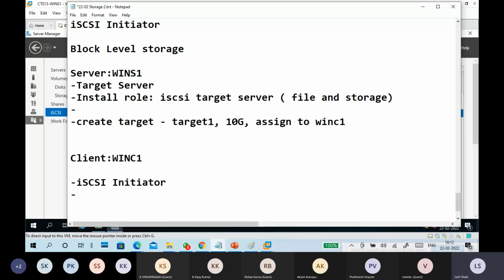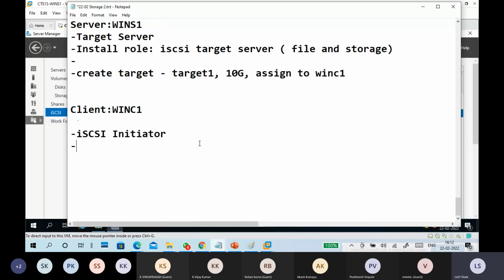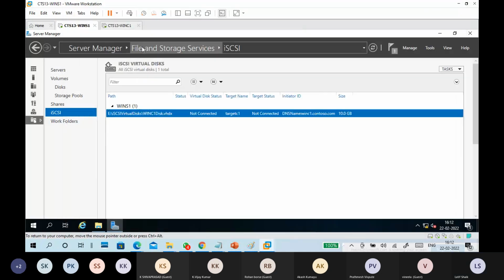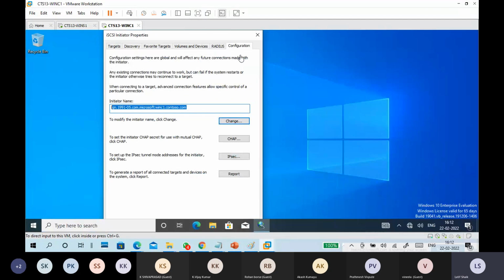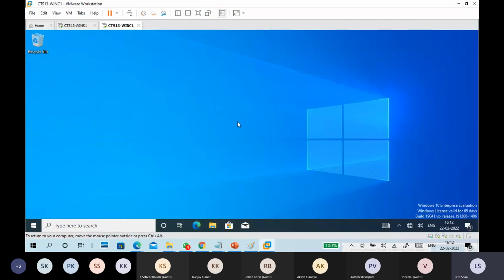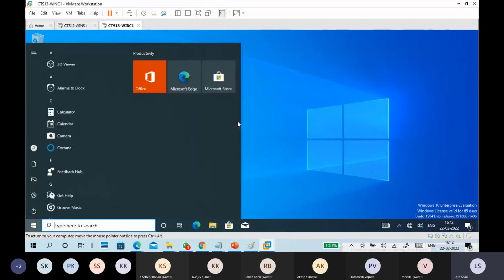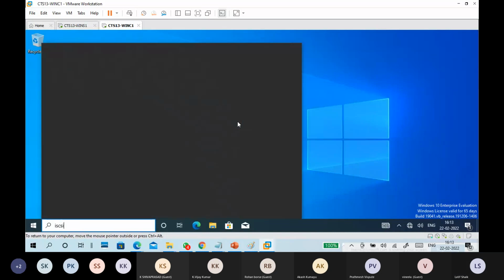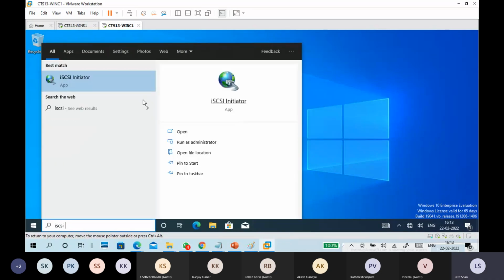Sometimes the iSCSI initiator service is not on, so no problem, it will restart automatically. You can turn it on by going to services. Okay, go to iSCSI initiator. So this is the client. Open your iSCSI initiator. You can do run as administrator or open the iSCSI initiator directly.